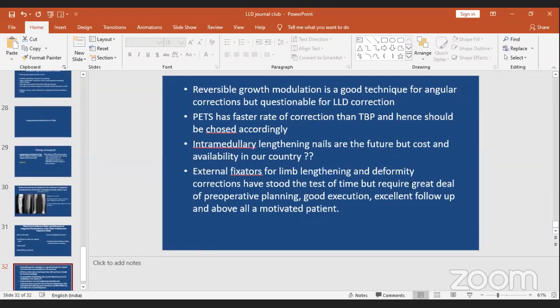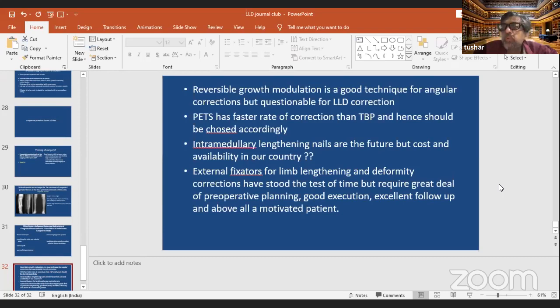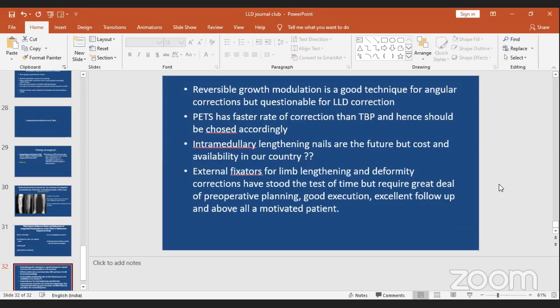Yeah, Tushar, you have. So most of you have been earlier advocating external fixators. So now in the newer techniques, they seem to be wanting to drift away from external fixators. I think that from Herzenberg's course also, they are trying to control the indications more and more in which they will apply external fixators, in favor of the lengthening nails, even for deformity corrections, wherever it is possible, either decrease dramatically the fixator time or to not apply it at all.